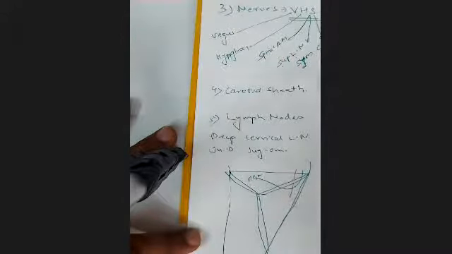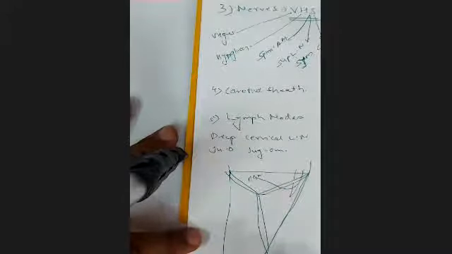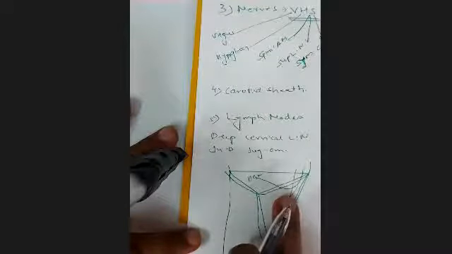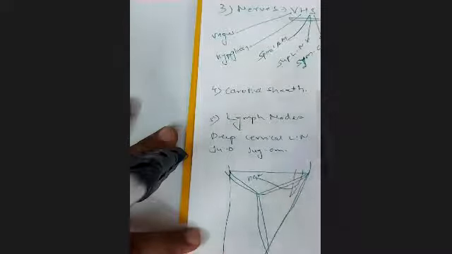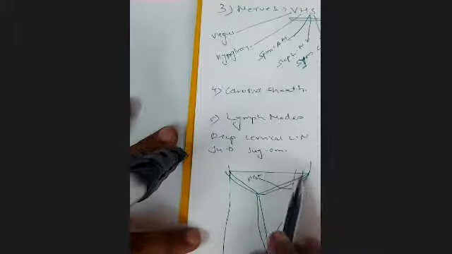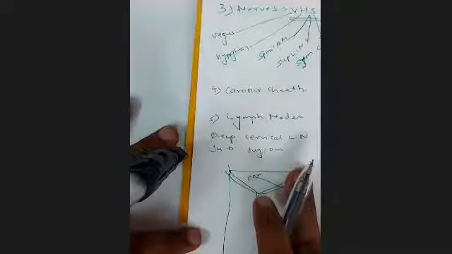We studied the common carotid artery, which divides here into external carotid and internal carotid. The internal carotid was also there as the deepest structure of the digastric triangle. So these structures are coming from the carotid. Because the carotid is below, many structures from the carotid will be passing into the digastric triangle, and the internal and external carotid with the parotid gland lying between them and many other structures lying between.